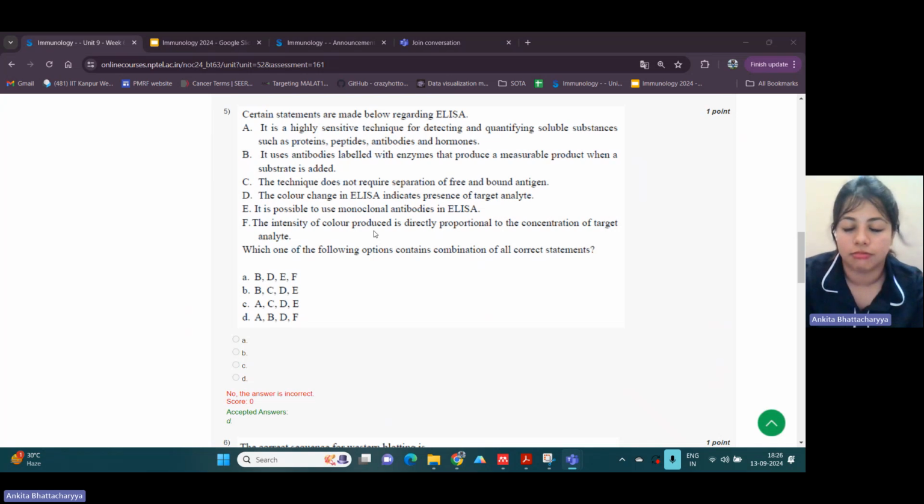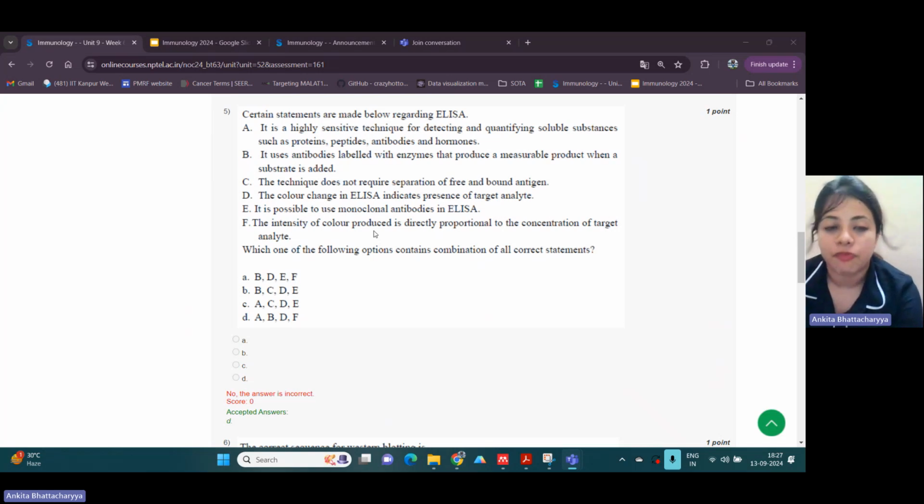A and B statements for now. In option D, we have been asked whether the color change in ELISA indicates the presence of a target analyte. When there is a color change, which is something we do observe, you get the presence of target analyte. That is actually true. That is what you get as a result of quantification. So when that analyte is present, antibodies are binding, there is a shift, and what you get as a readout